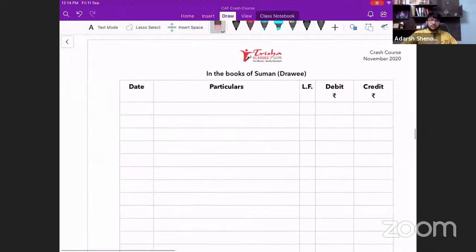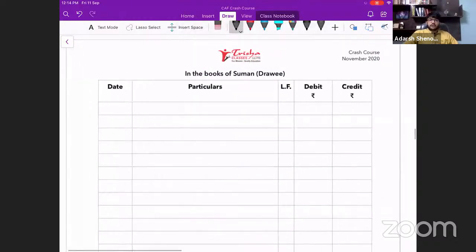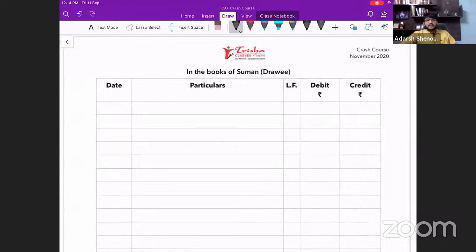We'll do Suman's books first and then go to the endorsee's books. Okay. Suman's books for case 3. First, when the bill is endorsed, what is the entry in the drawee's books, in Suman's books? No entry is to be passed in the books of the drawee. Why, sir? Because what difference does it make to me? In the bill of exchange, it was already written that I have to pay the drawer or his order or